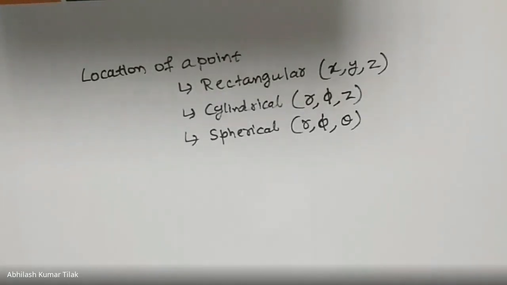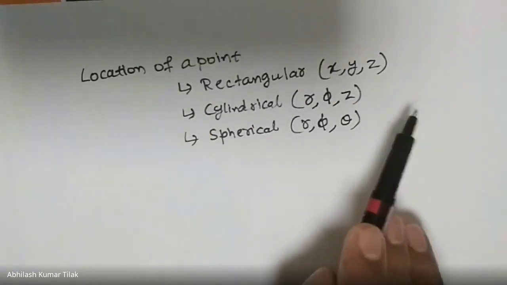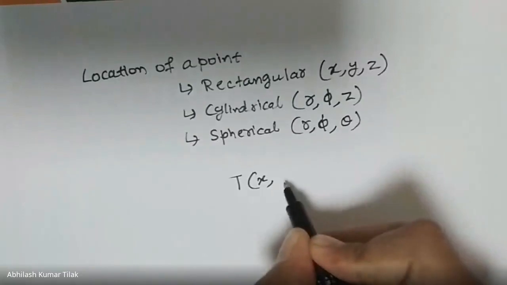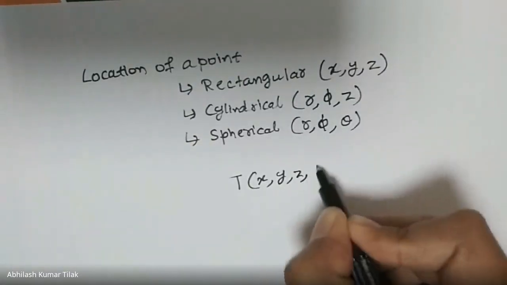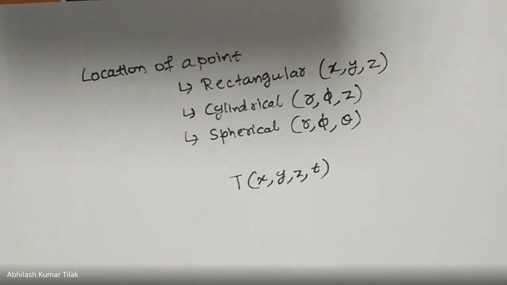So at a particular time t, the temperature at this particular location x comma y comma z can be denoted as temperature as a function of the coordinates x, y, z, comma t. So now if I want to write the value,